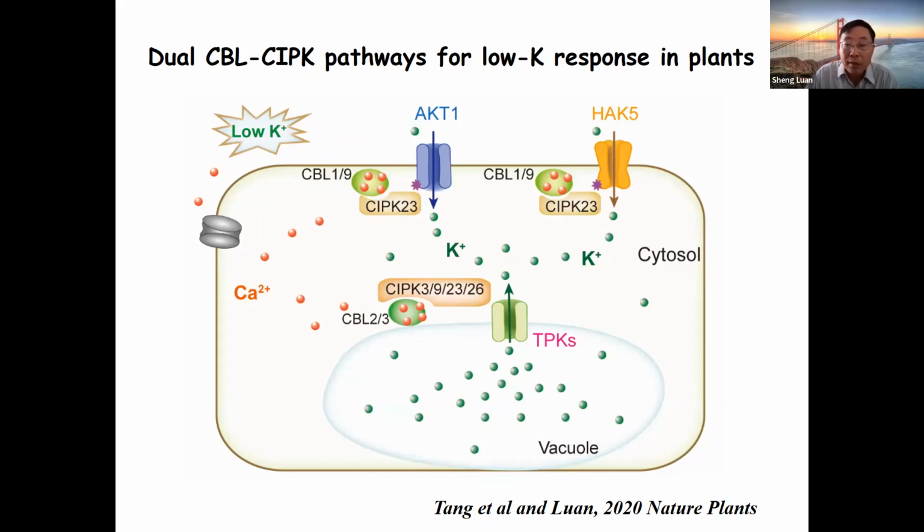So both enhanced uptake and remobilization work together to increase the potassium level in the cytoplasm to support metabolism. Okay, so that is what I want to tell you today: a couple of examples to show how this CBL-CIPK network really regulates nutrient homeostasis, with potassium uptake and remobilization as